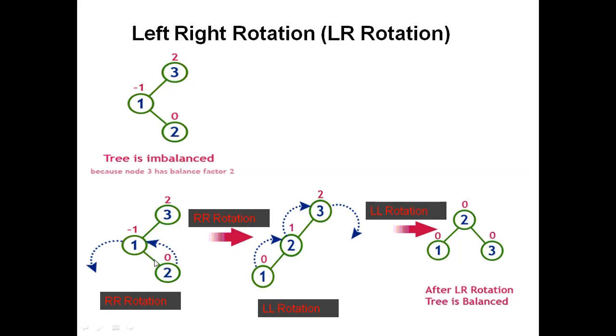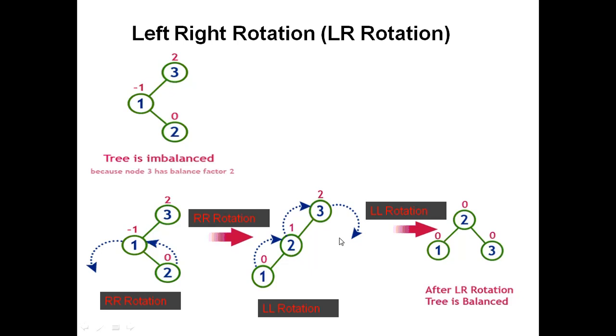So after performing RR rotation, we are going to get this one. Yes or no? 1 is here and 2 will be replaced here. So we have this one, 3, 2, 1. And now again, this is imbalanced, so again we'll have to make a balance. So again we'll have to do what? LL rotation. By applying this LL rotation, this 3 will come here, 2 will replace here, 1 will replace here, and we'll have the balancing factor.